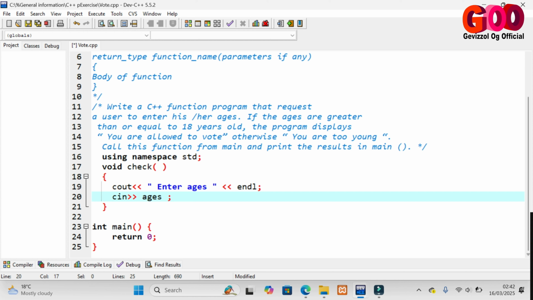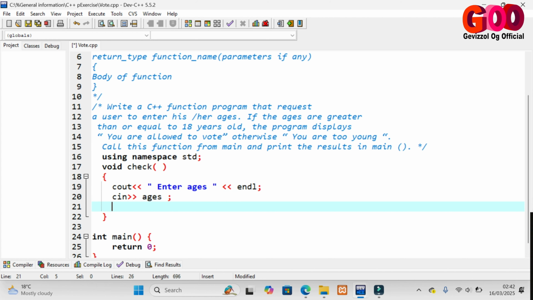After this, we are now going to check whether these ages are greater or equal to 18. If yes, this person with this age will be allowed to vote. Otherwise, he or she is too young, right? Then if these ages are greater or equal to 18, in this case we say that